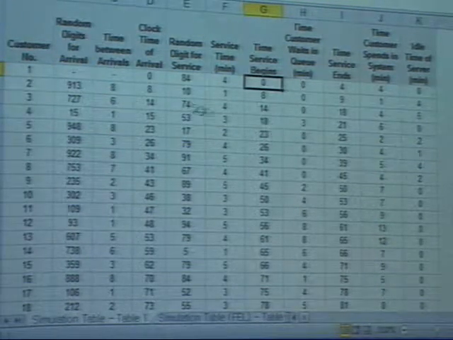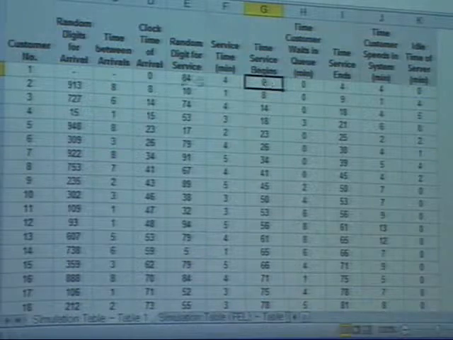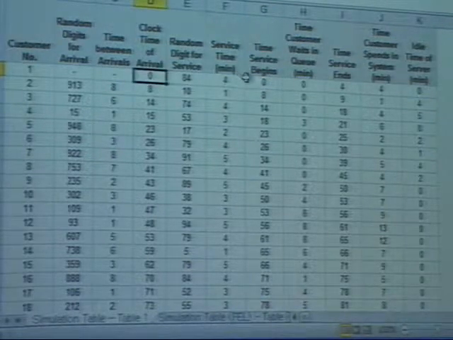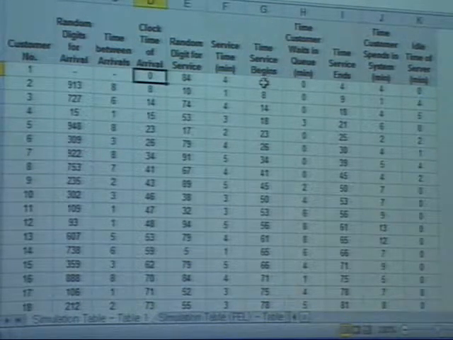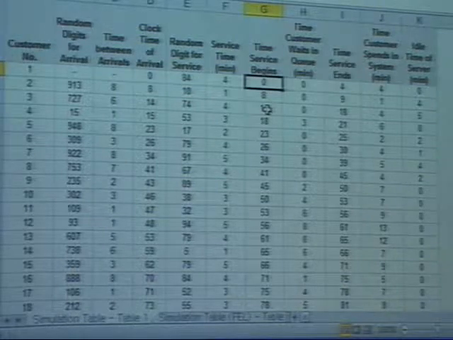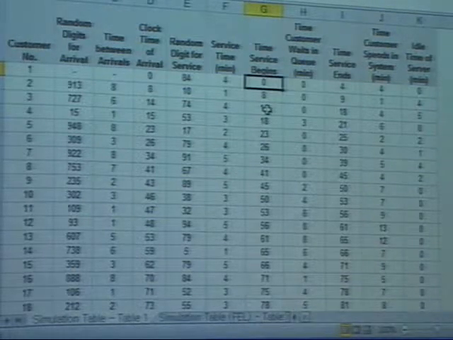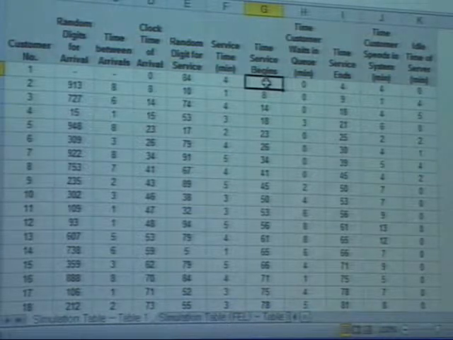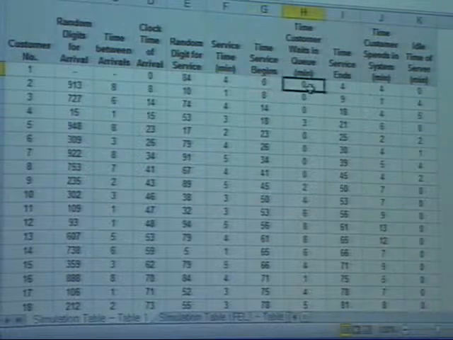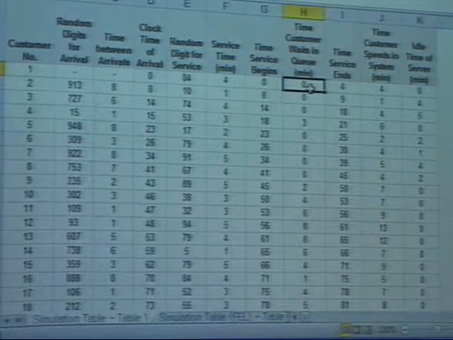In the beginning, the customer first arrives. So arrival of the customer and service begins instantly because there is nothing waiting in front of the first customer. Okay, so service time begins initially, and because of that, the first customer doesn't have to wait in the line,